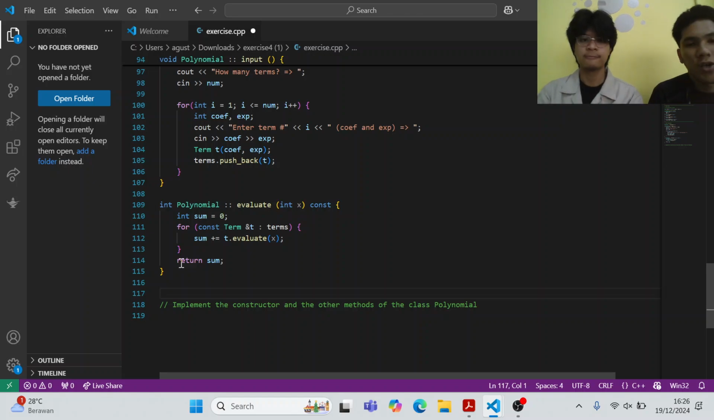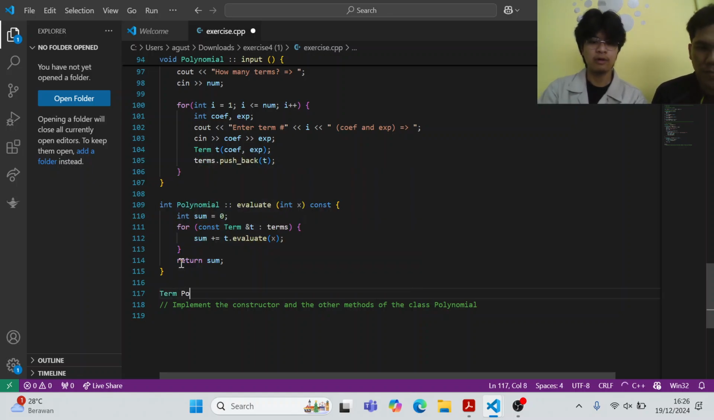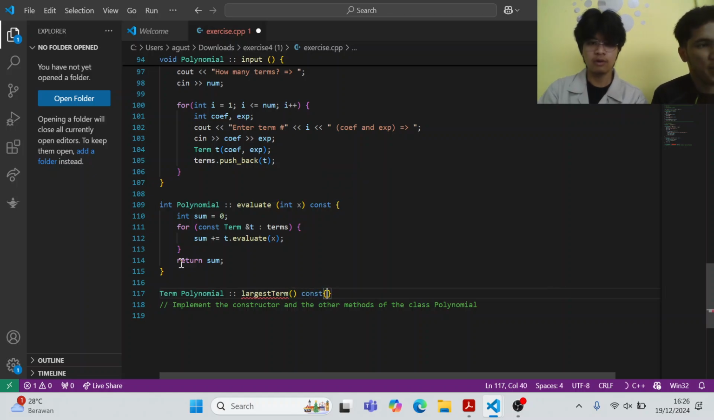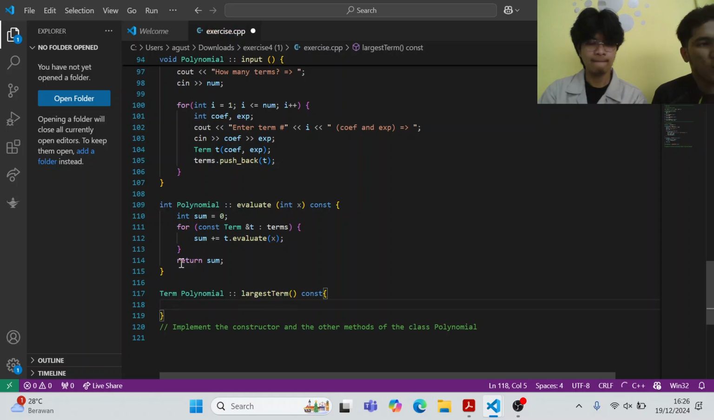So now let us start by making our class first. We use term, polynomial, with the double colon, and then we do largest term, and then outside the bracket we put it as constant, because we want it to be constant. Okay. Then we set the barrier first for the first one. So we do term largest